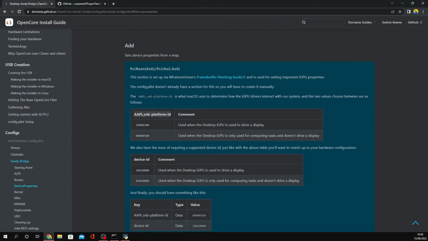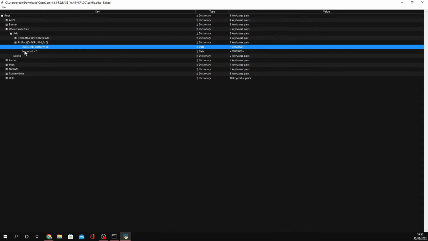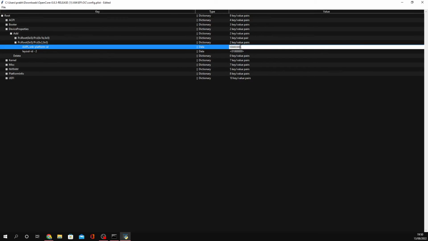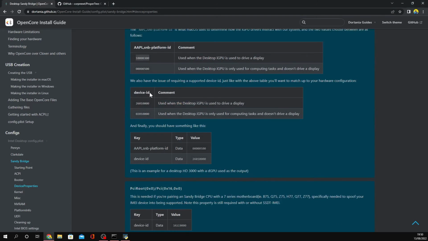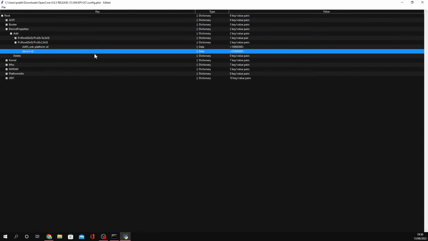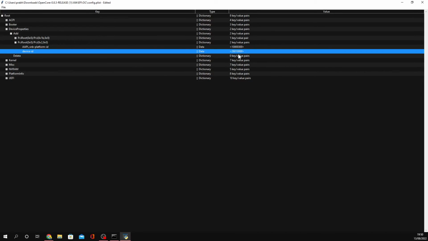So copy AAPL,ig-platform-id. Copy that and paste it as the first option. So make sure it looks like this. Then copy pretty much any of these. If you want to take a look, then take a read. I'm gonna copy the first one. Paste it here. Then for the second one, we have device ID. Now I'm gonna copy this and save. Alright, so